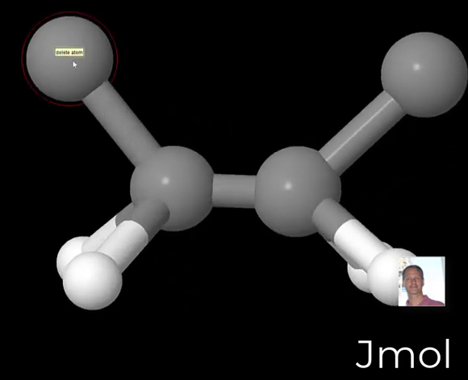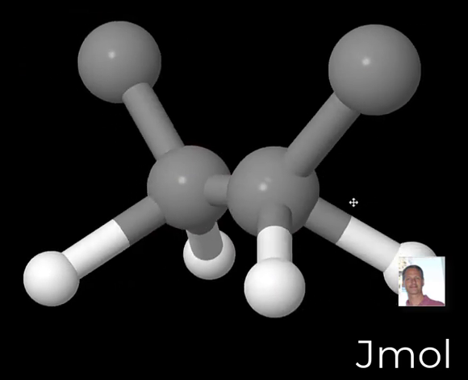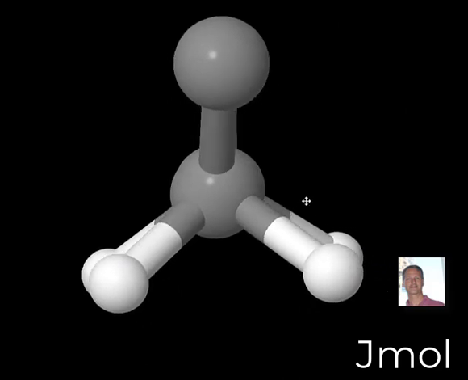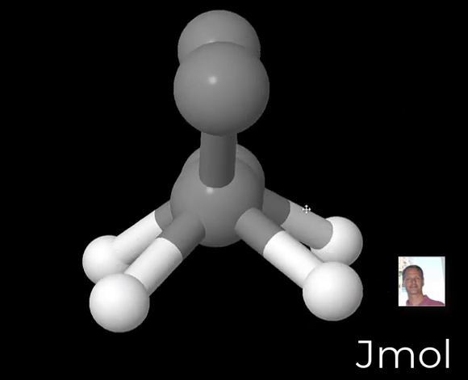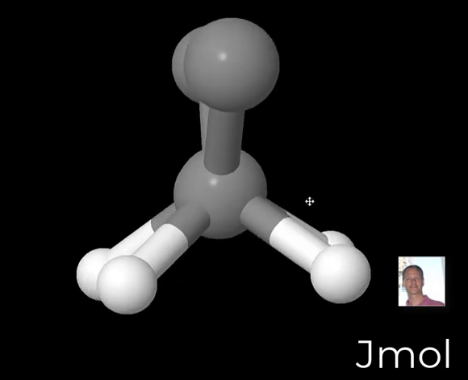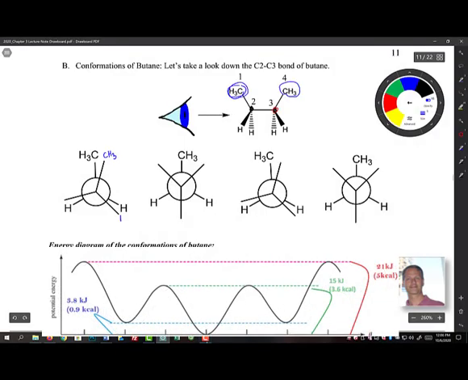So we can see here we have a CH3, a carbon, and another CH3. What we're going to do is look down this carbon-carbon bond, the 2,3 bond. In this orientation, you can tell that we have a CH3 in front of another CH3, H's eclipsed, and H's on this side also eclipsed. So these are our H's. And because these groups are really large, methyls are large, right? Because of that, that's going to make this conformation what we call